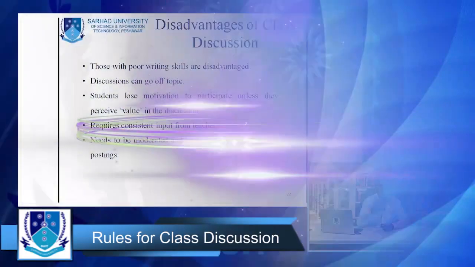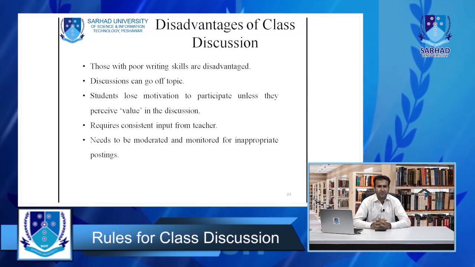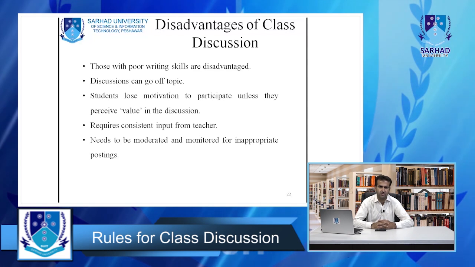There are a few points which are relevant to the disadvantages of class discussion. Number one, those with poor writing skills are at a disadvantage. जिसकी लिखाई अच्छी नहीं है या बहुत स्लो लिखते हैं, उसके लिए एक disadvantage इसलिए है that they may not be able to gain the points properly and then write it down. Whenever they are focusing on writing, the writing is very slow. Let's suppose